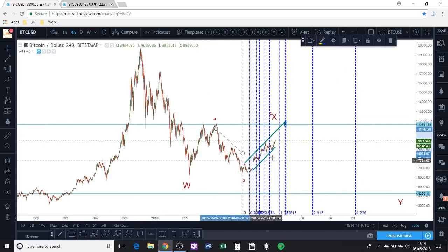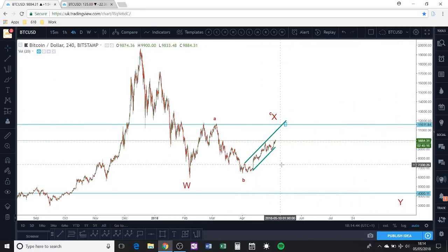So two fib extensions there, a bit of a Fibonacci confluence, in fact, with fib time, depending on whether we were extending wave B or wave A. There's a Fibonacci confluence around this 15th, 16th, 17th of May region. So that's where I expect a turnaround in terms of time. As I say, Fibonacci and Elliott wave only provide a forecast, an estimate. Price can change, but right now that is where my estimate lies. And so that's looking at it from a time point of view.